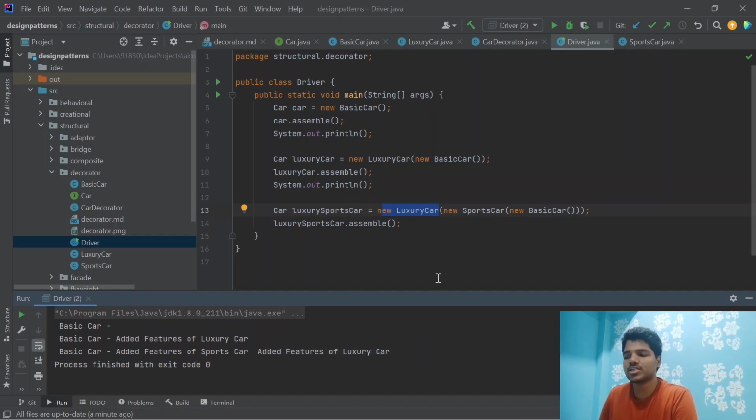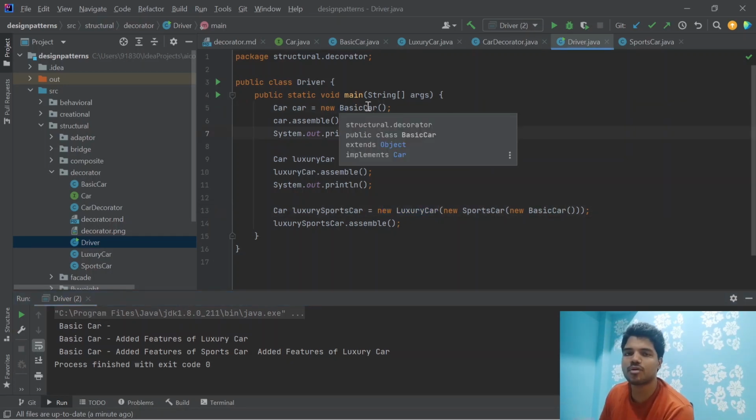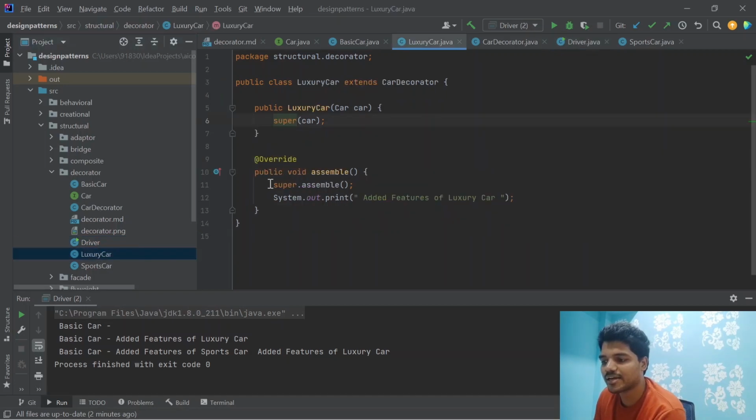Similarly you can write for division by 0 also. So the basic car will instead contain a perform division function. On top of that you will add a check denominator function. Check denominator is taking two arguments a and b, and the division function also takes two arguments a and b. So we have the assemble function in the car; similarly here we'll call super dot division only when the denominator check has passed. If it has failed, we'll simply return straight away. So you can write your own code.